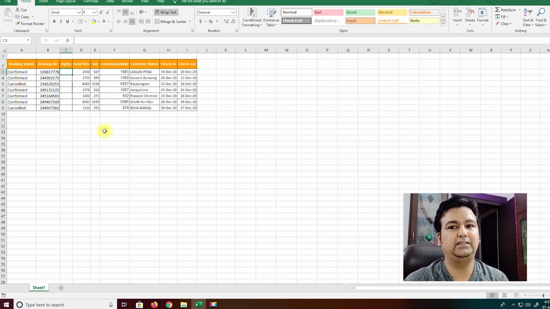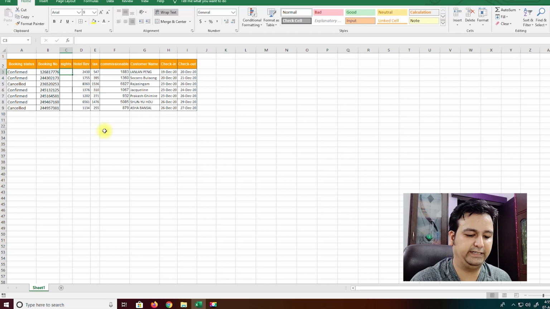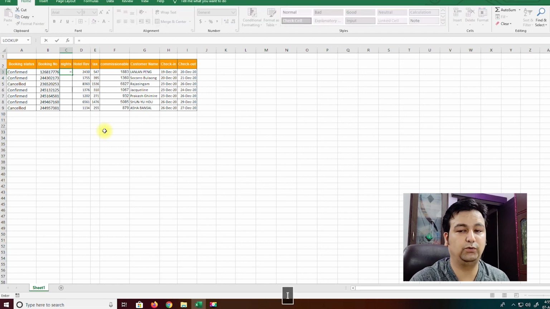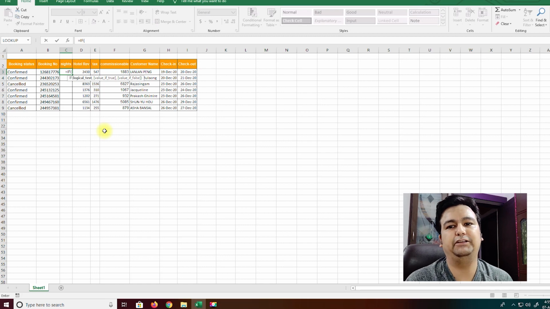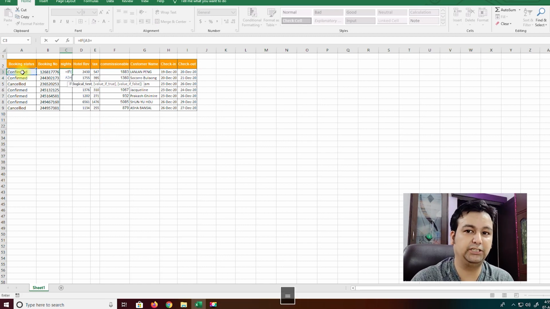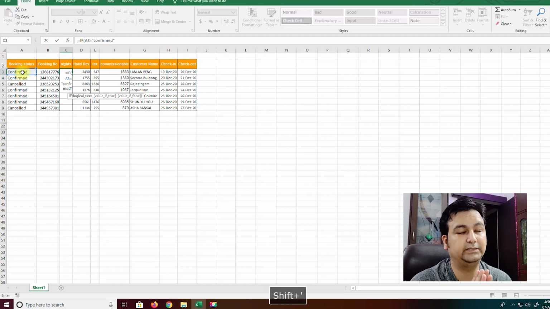This is a conditional thing. If the reservation status turns out to be a confirmed reservation, then only we need to get the result, otherwise zero. So I'll start writing it as equal to IF, and then the tab will help me open the syntax of this IF formula. Logical test is if A3 equal to, in inverted commas, I'll write the text CONFIRMED, which means the cell contains the text confirmed, comma.